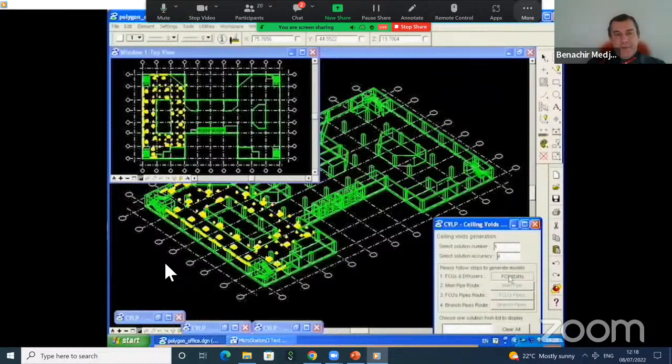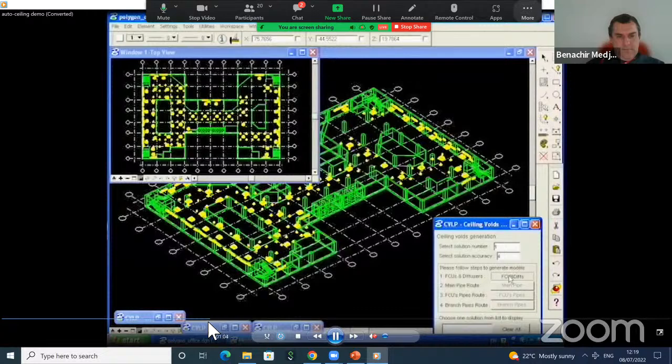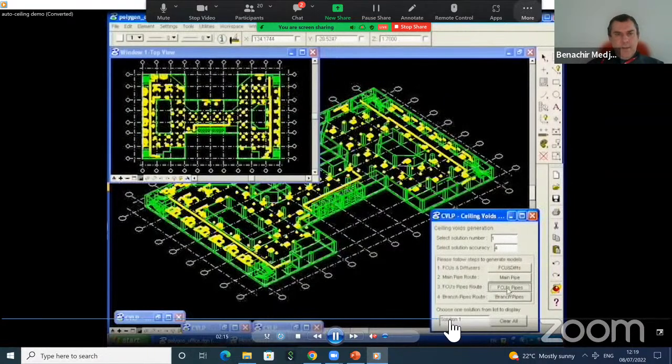Then after locating automatically all the equipment in 3D space in a ceiling void, the latest stage will include the duct and pipe routing. Now we see the generation of the pipes.